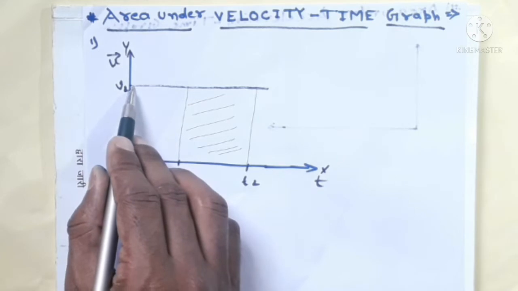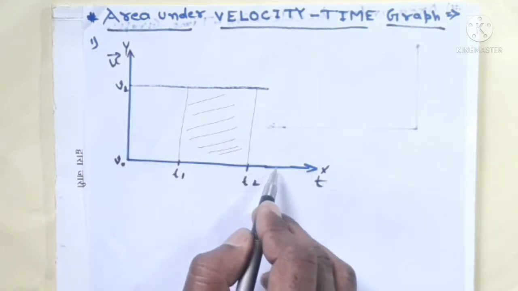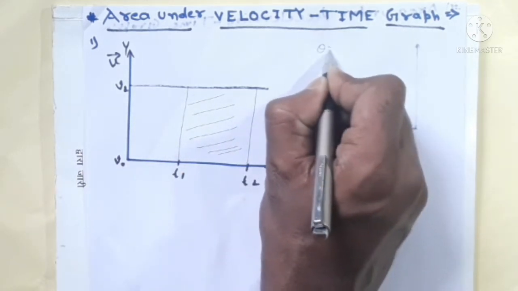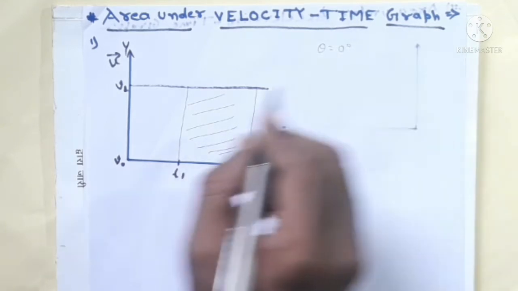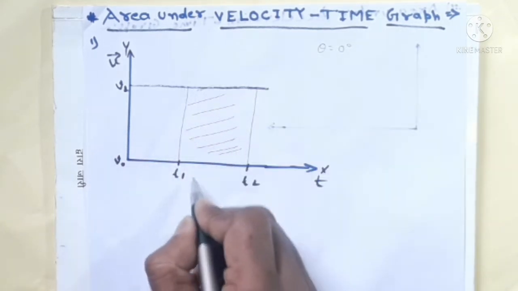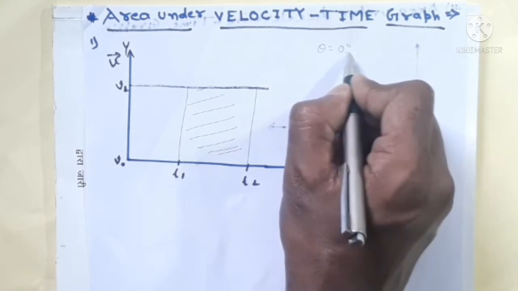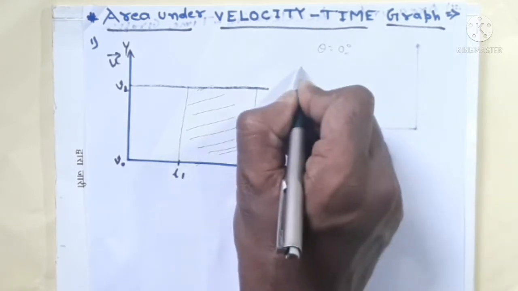This is a straight line parallel to the time axis, so the angle is equal to 0 degrees, and the slope is equal to